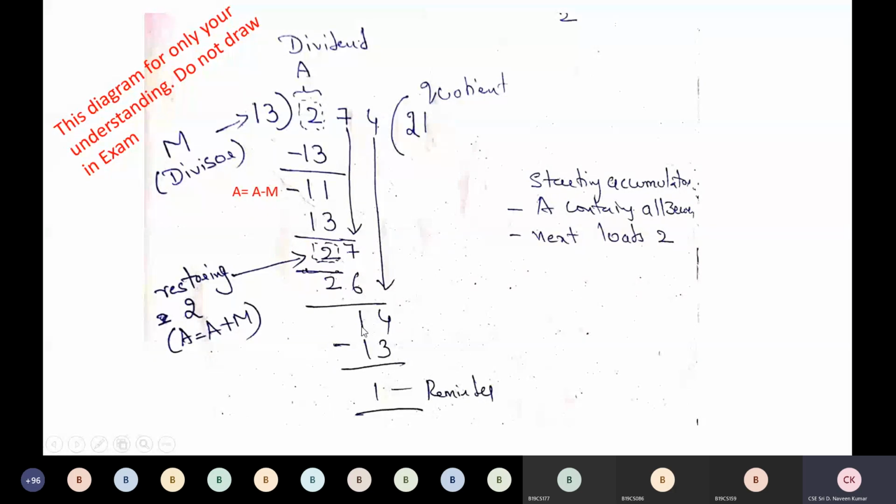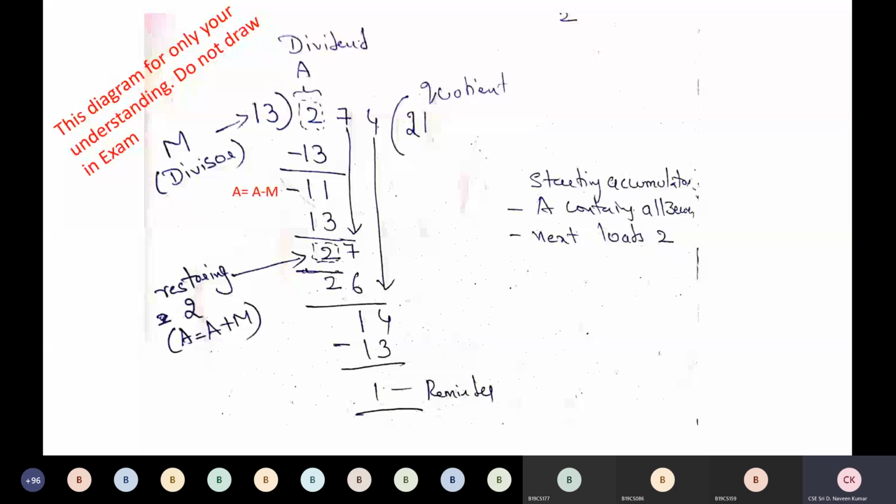When 1 comes, I actually did not write it again. Here minus 13 gives minus 12, and again the restore operation happens, but I did not show it here. And so on it happens. At the end, what we get is remainder 1. So that's why we are restoring the value back, because there is an unsuccessful subtraction. That's why we call it restoring division. We call it restoring.